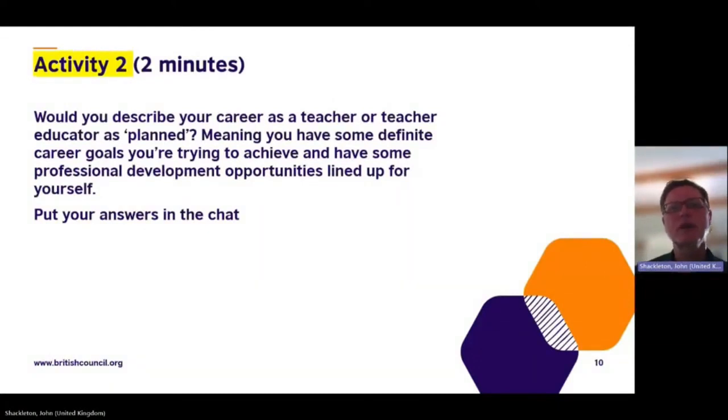Would you say that your career to date as a teacher educator is planned, in the sense that you've got particular goals that you've thought about and you'd like to achieve, and you've lined up some professional development opportunities for yourself that will help you to achieve those career goals? If that's the case, if you could write planned in the comments or chat.